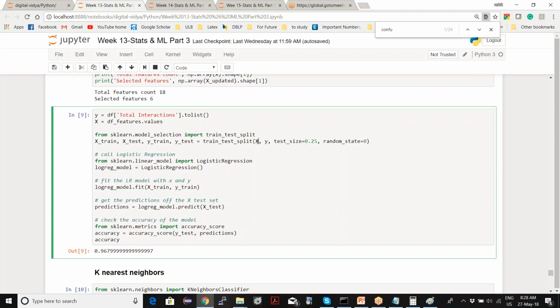We create an X data set and a Y data set. We specify how much we want in the training set, like 75 in the training set and 25 in the test set, and we give a random state of 0 or anything, and then you find the prediction, right?